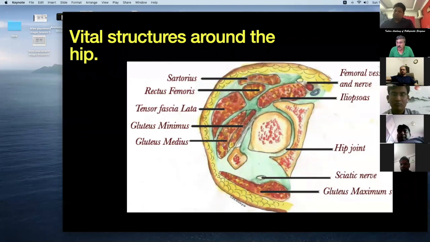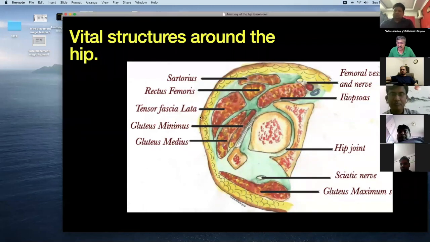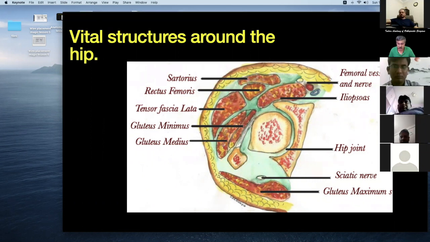So now if you look at the hip joint, this is a transection. So this is the acetabulum, this is the head, this is the hip joint. This is posterior, the sciatic nerve. That's anterior with the femoral nerve complex. And these are the entire muscle bulk on the lateral side. So this drawing in your mind will tell you how to exactly approach the hip.